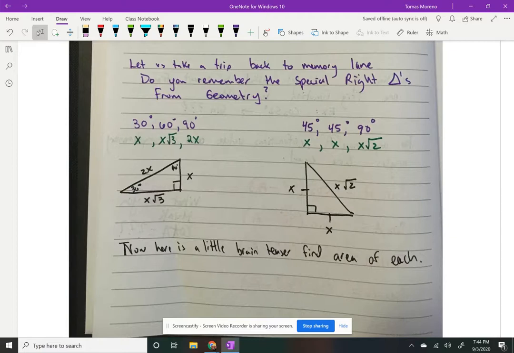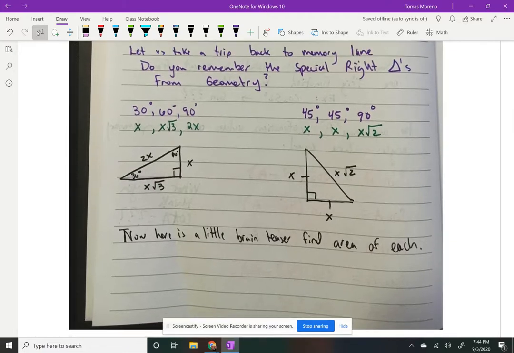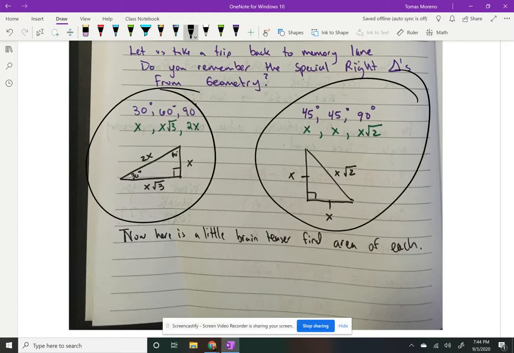I want you to pause the video, and while the video is paused, I want you to try to figure out the area of this triangle. You're going to get two of them. And I want you to figure out the area of this triangle. So pause the video, figure out the area of both triangles,